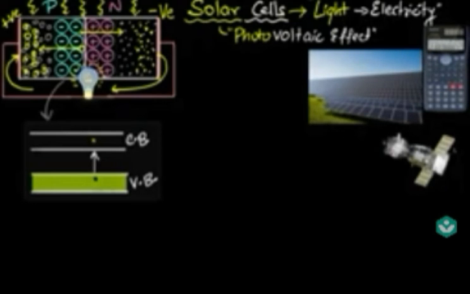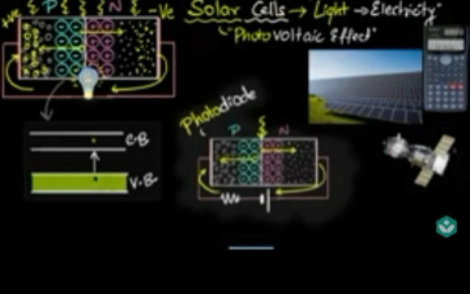Now before we conclude, one question always comes up: how are solar cells different from photodiodes? The short answer is they have basically the same principle. You are using photons to create electron hole pairs which get swept across by the electric field. The difference is the application. Over here we allow the charges to accumulate to generate a voltage, because we are using this as a cell. But in a photodiode, if you remember, we do not allow the charge to accumulate, and we do reverse biasing. We attach an external cell.